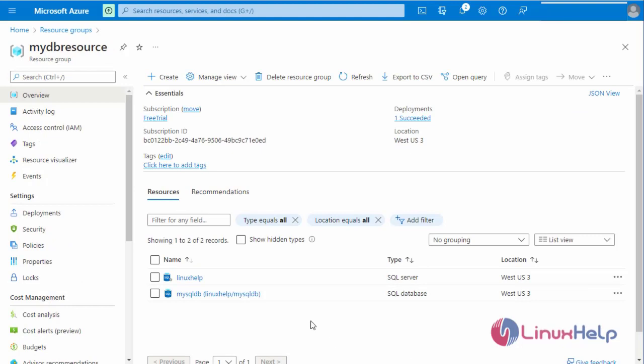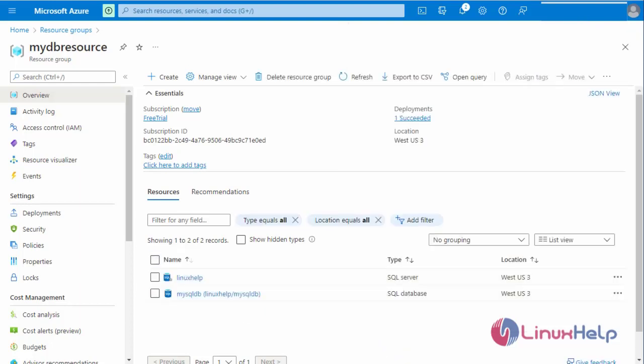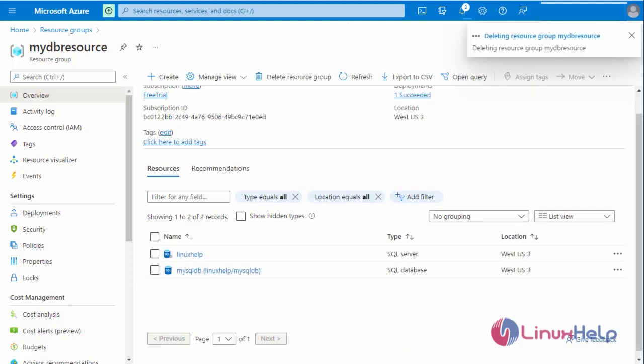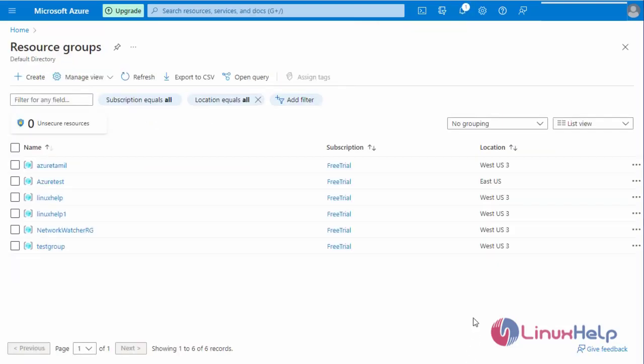Delete all the resources related to the SQL server. Next, type the resource group name and click delete. Deleting the resource group. With this, the process to create the MySQL database server and MySQL database in Azure cloud has been